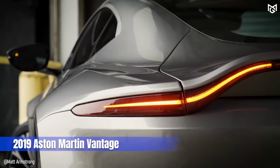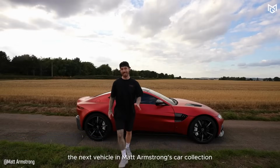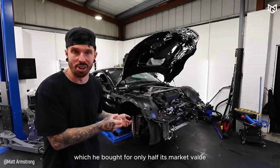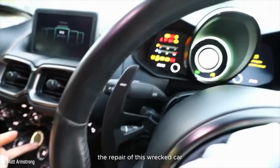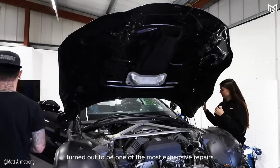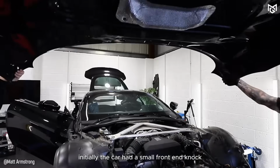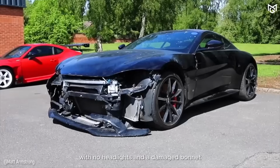Number 2. 2019 Aston Martin Vantage. The next vehicle in Mat Armstrong's car collection is his gorgeous 2019 Aston Martin Vantage, which he bought for only half its market value at just $64,000. But the repair of this wrecked car turned out to be one of the most expensive repairs he has ever attempted. Isn't this crazy? Initially, the car had a small front-end knock with no headlights and a damaged bonnet, as you all can see,